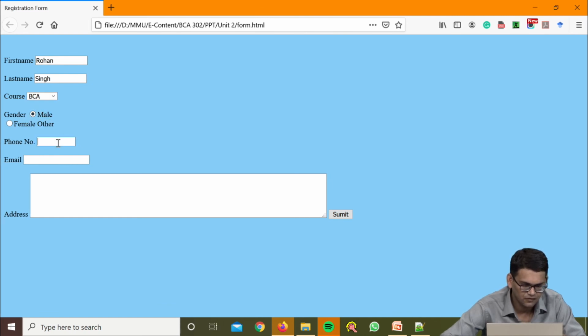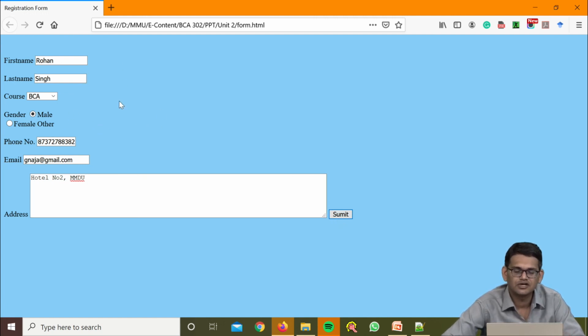We can write some phone number, anything up to 10 characters, email, and some address, and this is the button to save it. So this is the form which we have created using HTML.